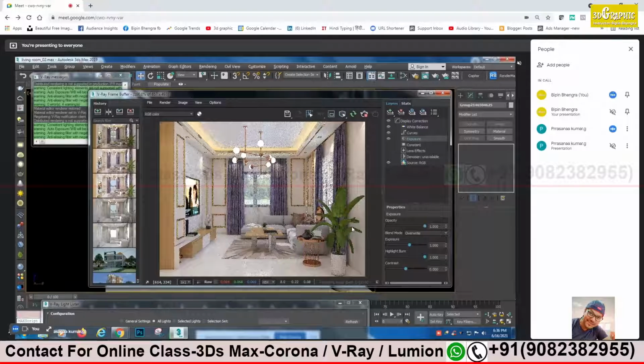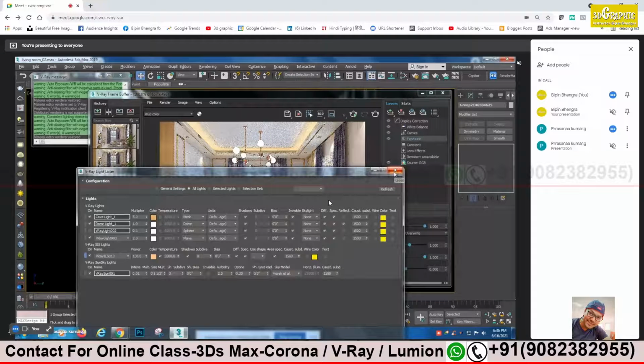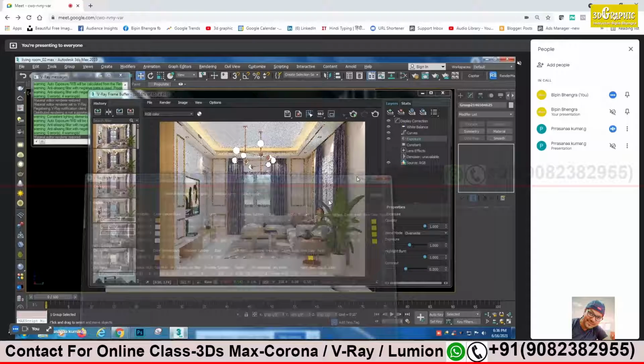Okay, it's better than before. Yes, sir. Coming much better. Yes, you can stop this and save. Then I will go to the material editor.